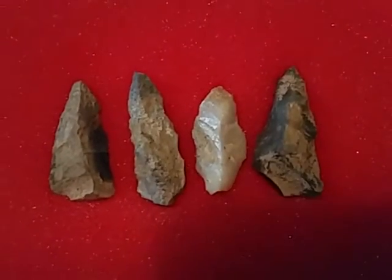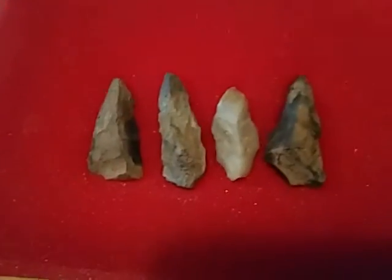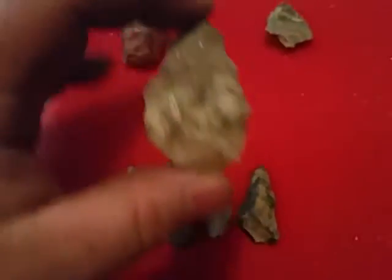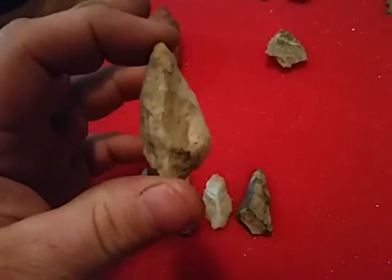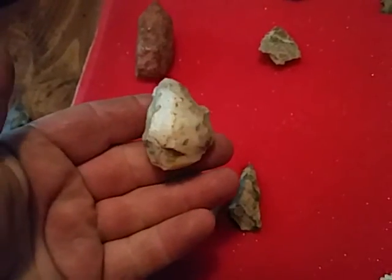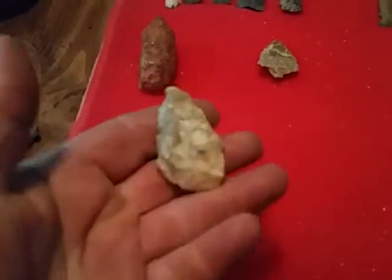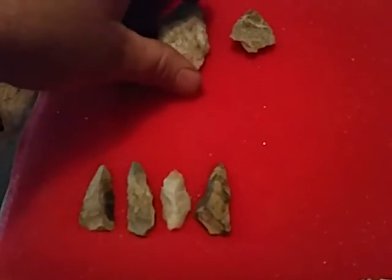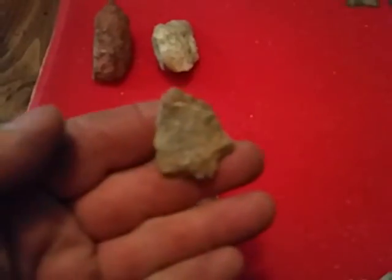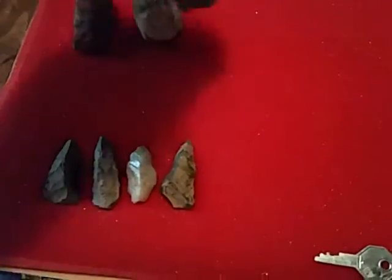He found these on the creek, on a riverbank, sorry, and the beat up dart points. This is a really heavy duty arrowhead, but you see how thick it is. But either way you look at it, you can tell it's a Marl Mountain, but it's made out of white quartz, and it's really big and gaudy. But he found it, and I said, you know what, that is an arrowhead. It's not ideal, but it is an arrowhead. That one's pretty nice. I guess that would be a Pickwick as well. It's kind of broken, but